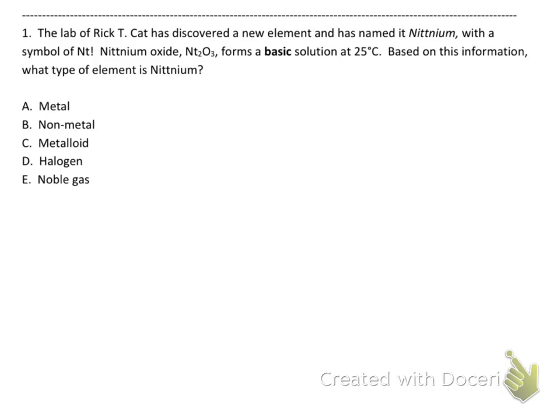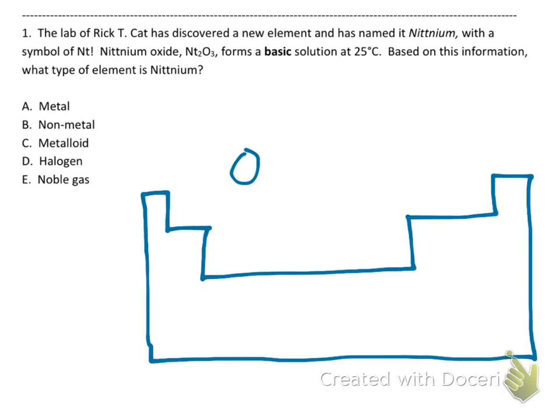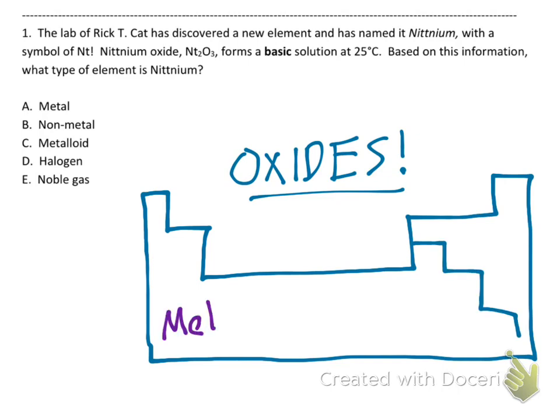Oxides are just compounds that consist of oxygen and one other element, and they're neutrally charged. Anyway, here it is. So we have our little periodic table of the elements. We're talking about oxides here. Alright, so if we have a metallic oxide, those are basic. Now, there are some transition metal oxides that are amphoteric. Generally speaking, the further up and to the right we go, the less metallic character we have, the less basic our oxides are. Now, if we go up to the top right-hand corner of the periodic table, where we have our nonmetals,